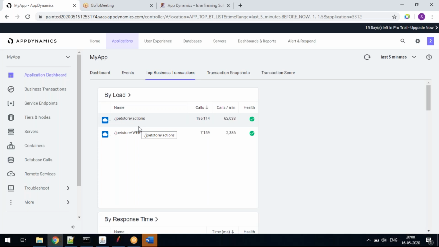Along with that, regular agent configuration, and then the integration part, and then the dashboards and reports part, and then alerts and notification part. And there are people who will expect, will I be able to do a thread dump and heap dump using this tool or not? I will show you how to take a thread dump and heap dump using the AppDynamics tool. But anyway, the analysis will be done separately. But how to take the heap dump and thread dump in the AppDynamics tool, I will show you.